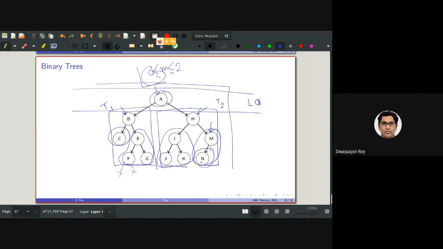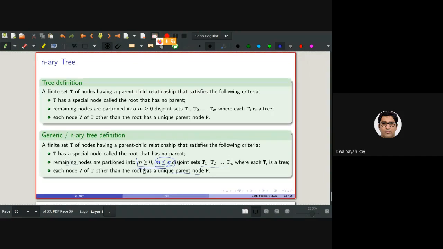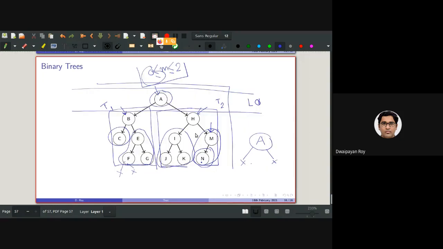This is also valid for root as well. So the root will be having 0. This is also a tree for which there is no left child, there is no right child. For this case, there are no disjoint sets here. So you are correct. So we can actually apply this condition on the root as well.